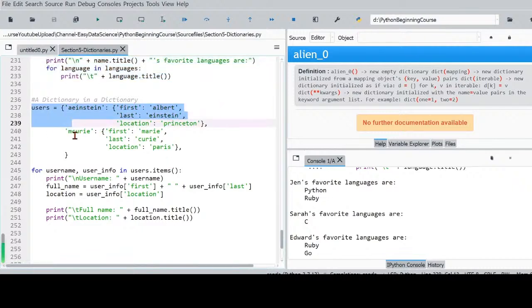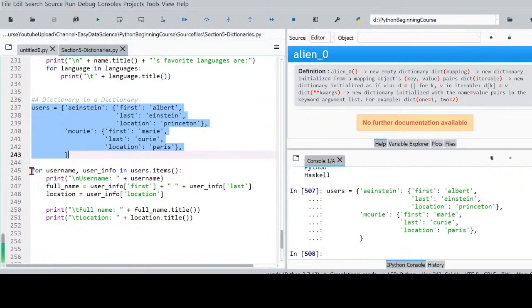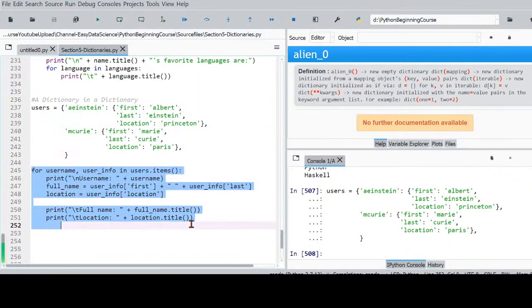So create a dictionary with 2 scientists as the key, and a dictionary including first name, last name, and location as this person's value. Next, run a for loop which extracts the information, where the key is the username and the user info is the dictionary from the users items method. Then print out